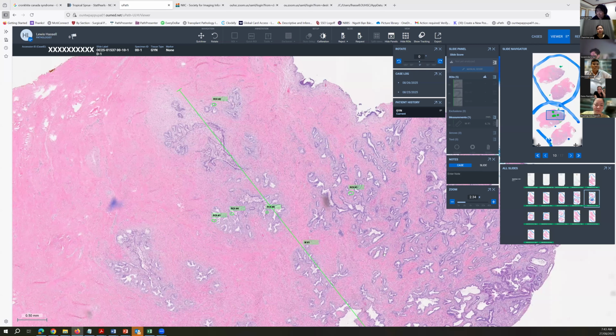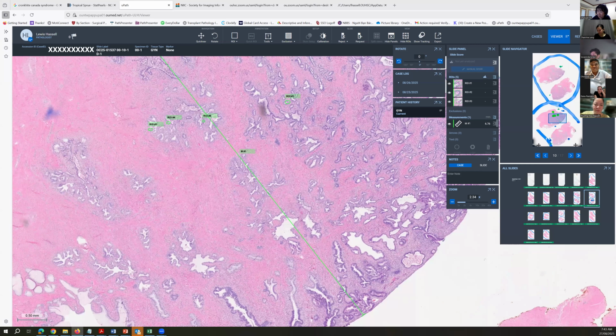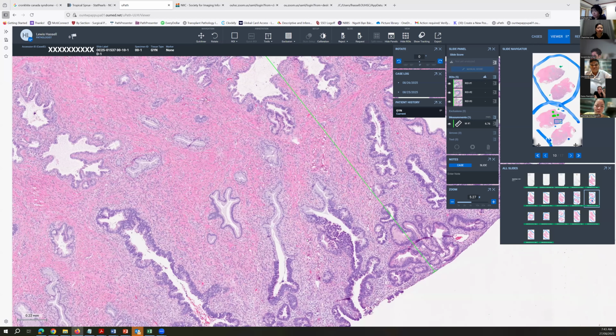And then I'll show you the P16 stain that my colleague who sent the case in did, but it was not on a block that had this minimal deviation type change. So that was a little bit concerning. But here, as we look at the surface, again, we can see this much more characteristic, typical type of endocervical adenocarcinoma, even here,